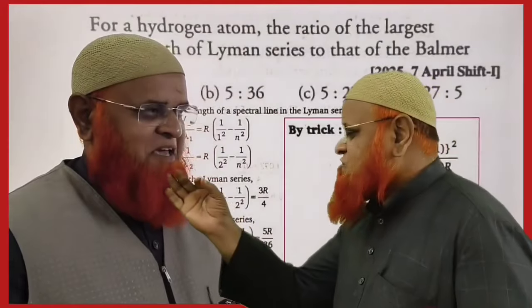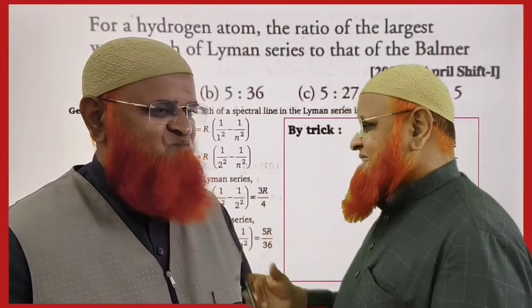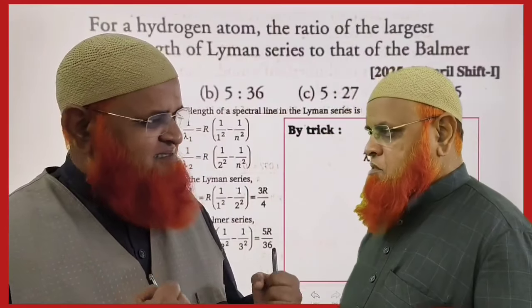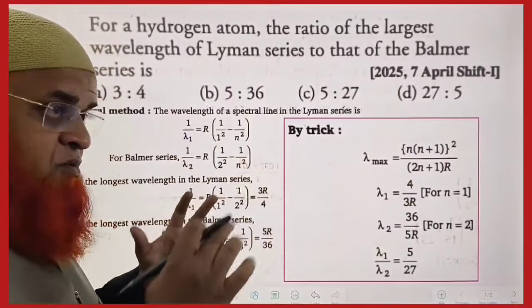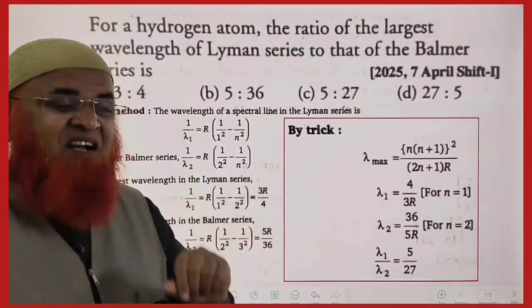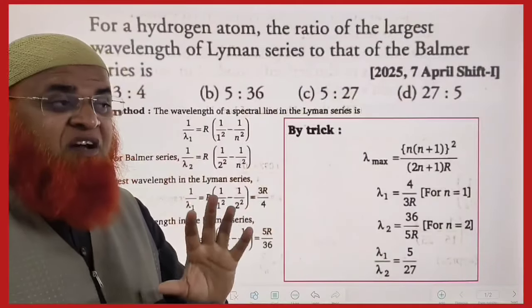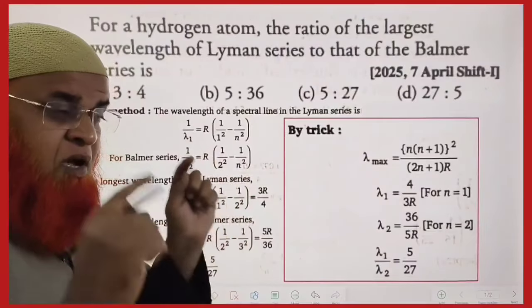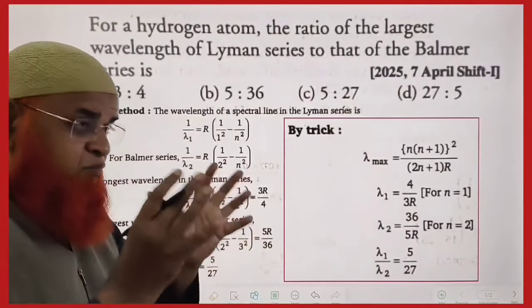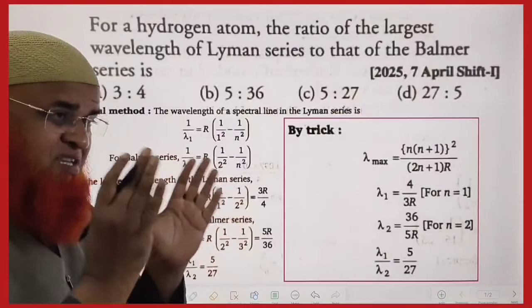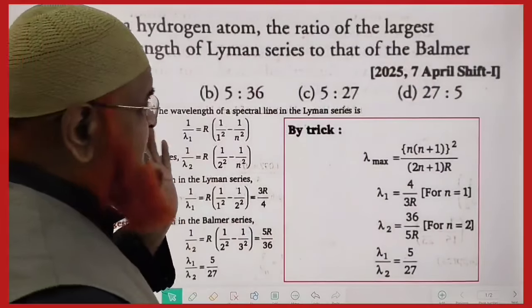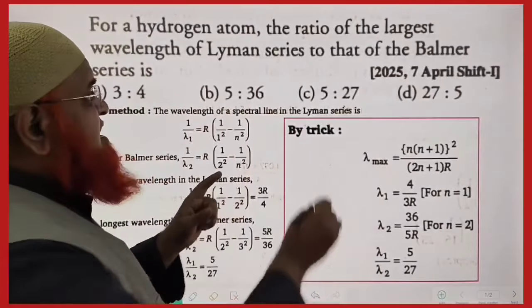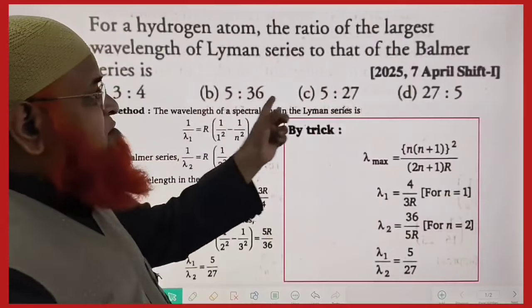सर, आपके शॉर्टकट्स हमारा टाइम किस तरह सेव करते हैं, एक छोटा एग्जांपल बोलो ना सर। तो आपको शॉर्टकट किस तरह काम करते हैं, किस तरह टाइम को सेव करते हैं, यही चाहिए ना आपको। देख लो, लॉन्ग मेथड भी बताऊंगा, हमारे बुक के अंदर, PDF के अंदर और वीडियोस के अंदर का शॉर्टकट भी बताऊंगा। अभी देखो ये जो है ना मॉडर्न फिजिक्स का एक क्वेश्चन है एटम्स का, द रेशियो ऑफ लार्जेस्ट वेवलेंथ ऑफ लाइमन सीरीज टू दैट ऑफ